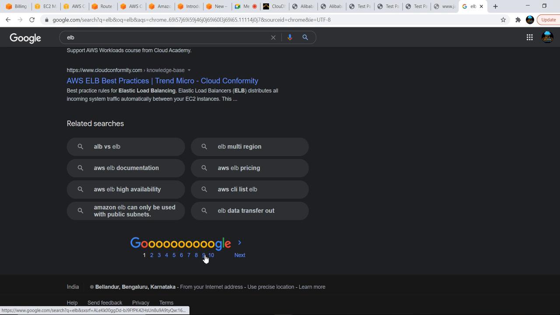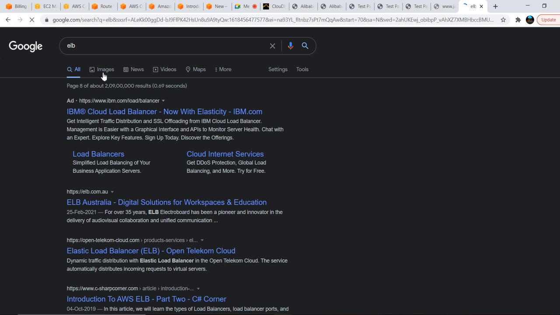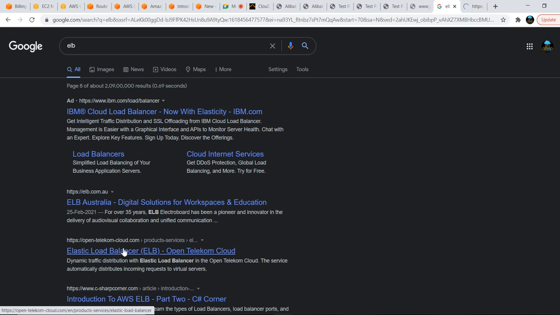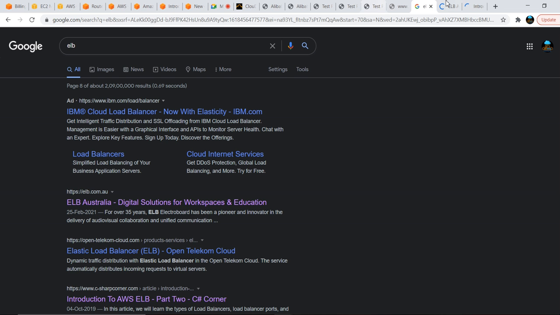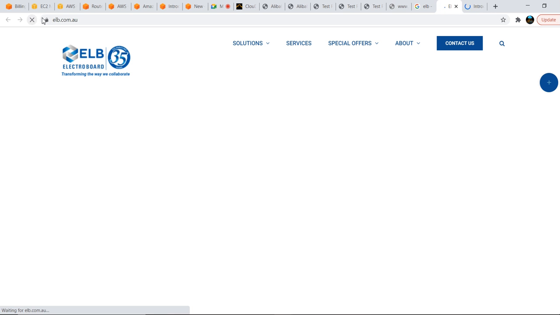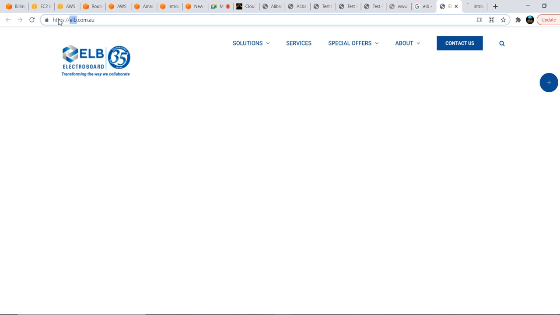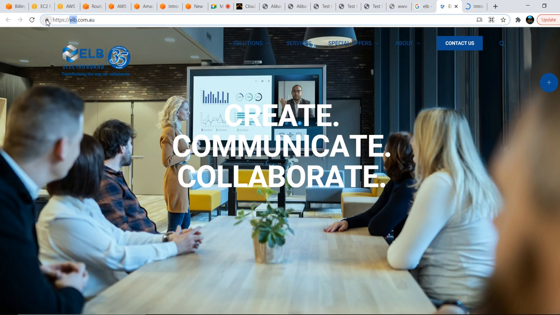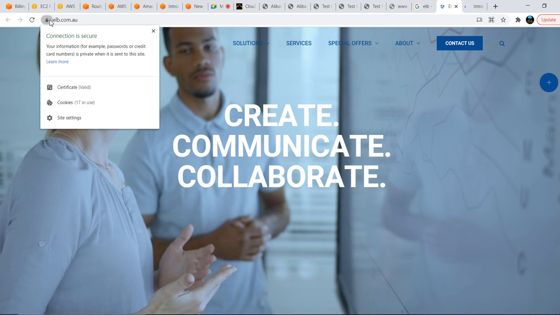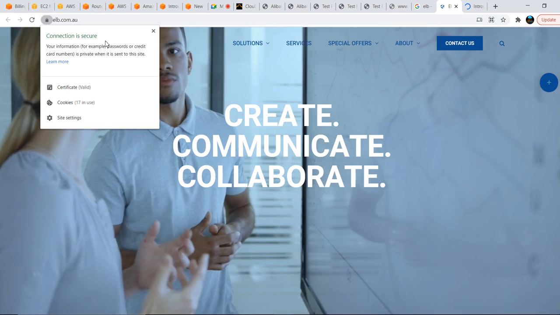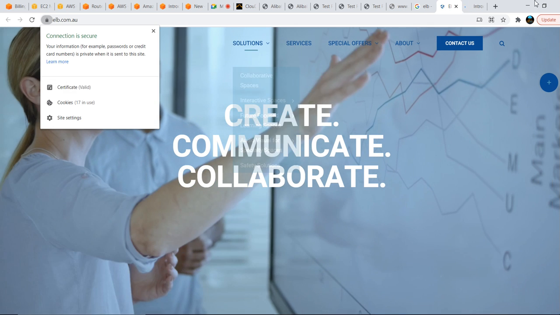Let us go to the 8th or 9th page. See, elb.com.au. Any website you open will start with https, and you will see a lock symbol here, and it says the connection is secure and the certificate is valid.